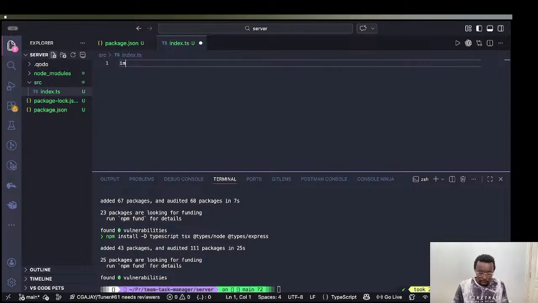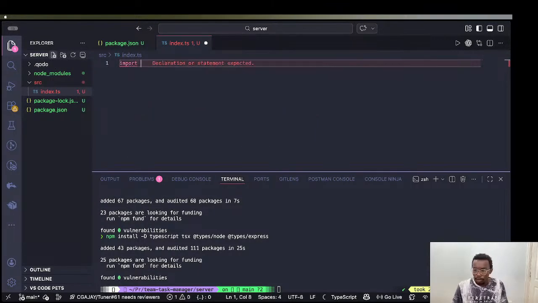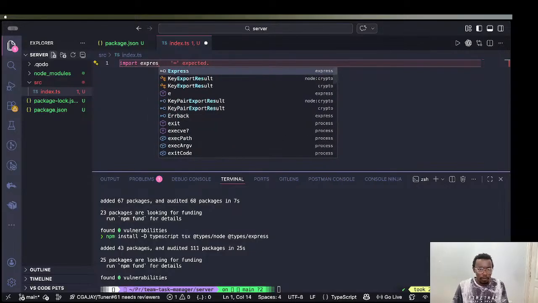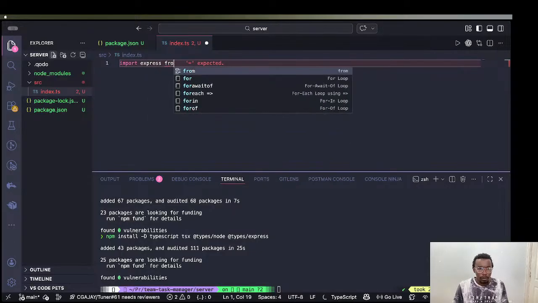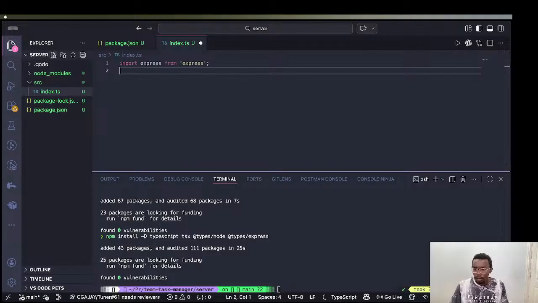Okay, so I just import. So the first thing will be to import Express, and I'll say import express from express. Okay, and then now the next thing will be to